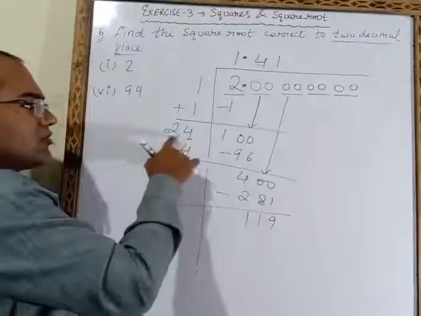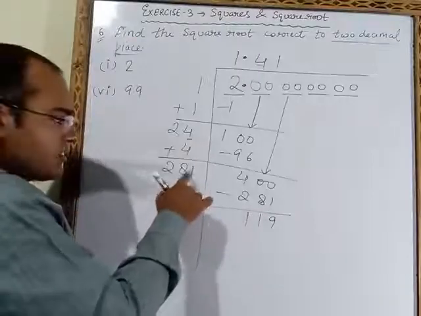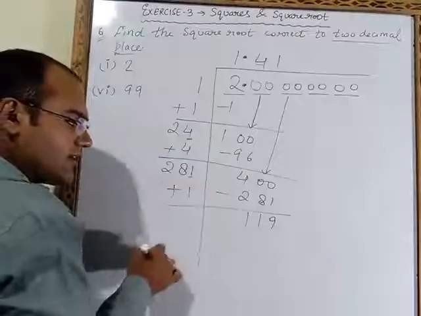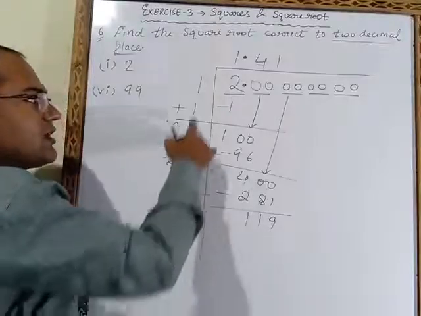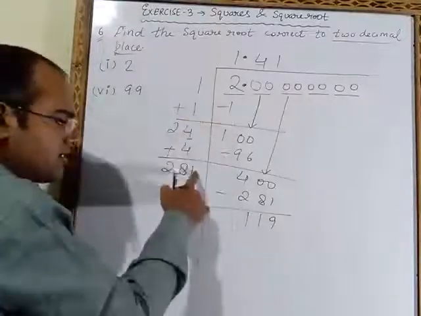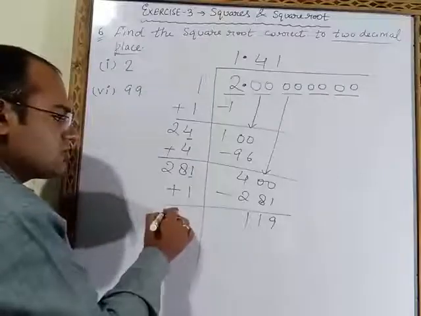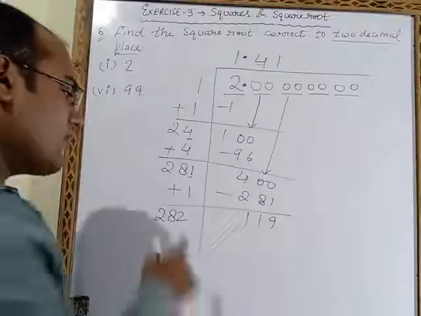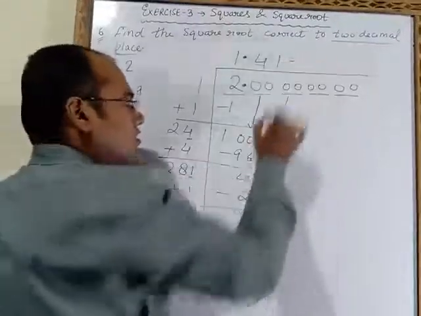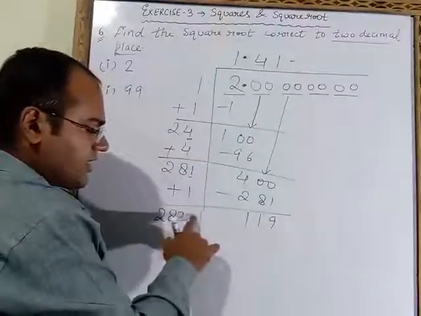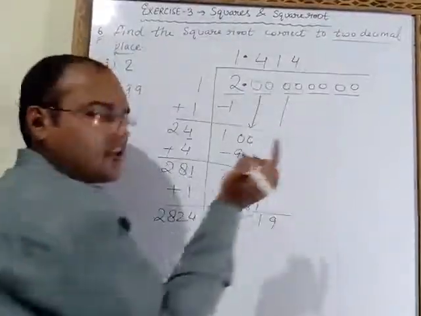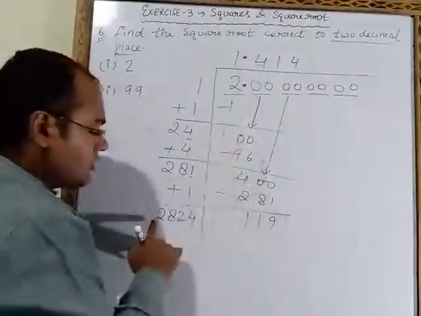Now 24 plus 4 is 28. This one I had written here also and there also. So this one I have to add again, as I had added this 4, as I had added this 1. And in the same way I will add this one also. So 281 plus 1 will be 282. Now one number I have to write here also and there also. So if I will take here 4, then there also I have to write 4. Let me check whether it is correct or not.